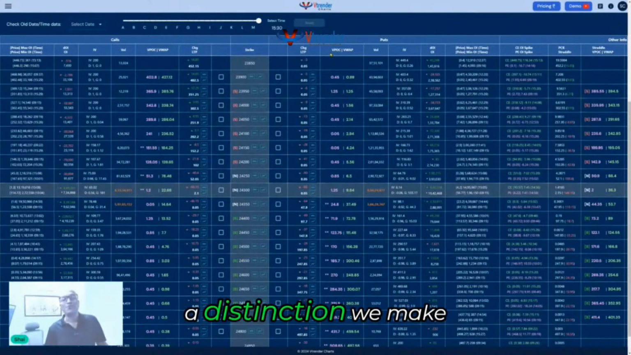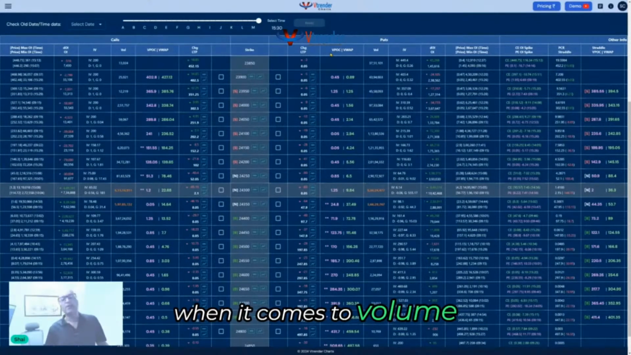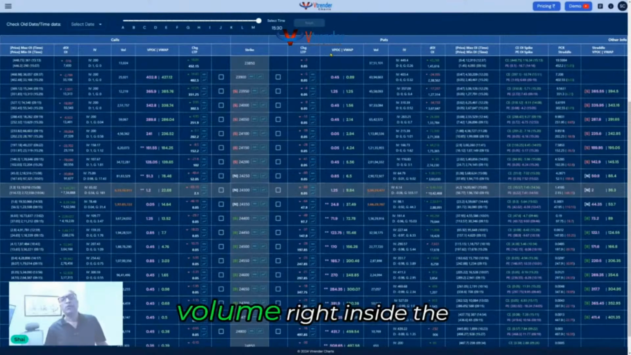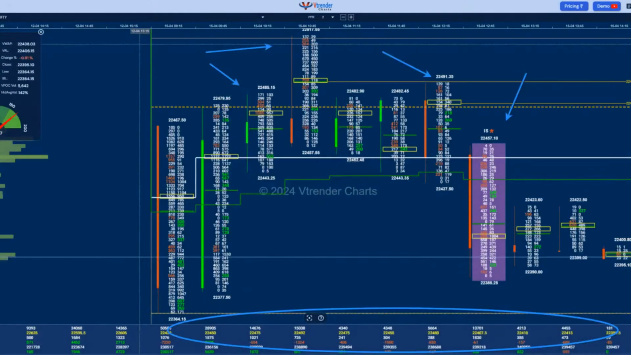So there is a distinction we make at VTrender when it comes to volume. 90-95% of traders look at volume below the price bar. At VTrender, what we do is we focus on volume right next to the price bar, and we also focus on